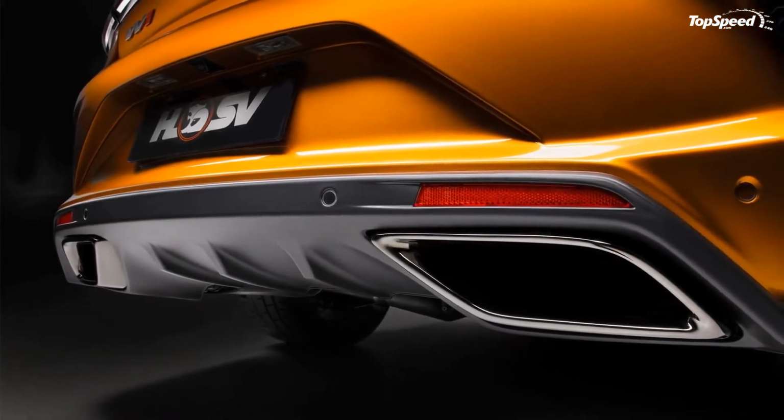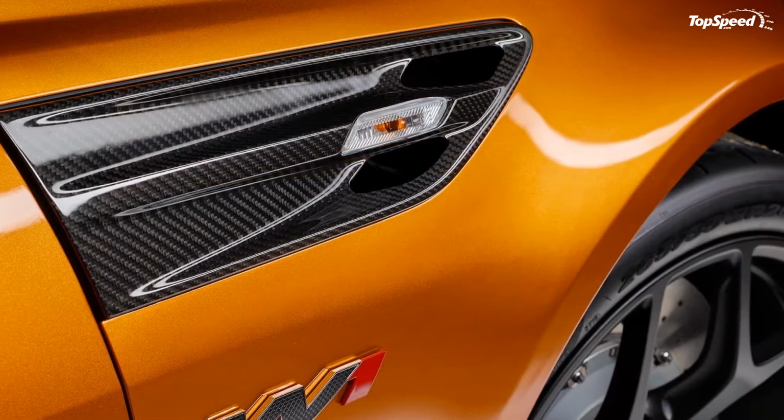Interior. Inside, the W1 is also based on the GTS, but stands out from the pack thanks to a number